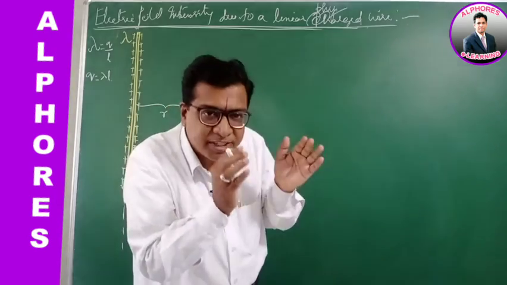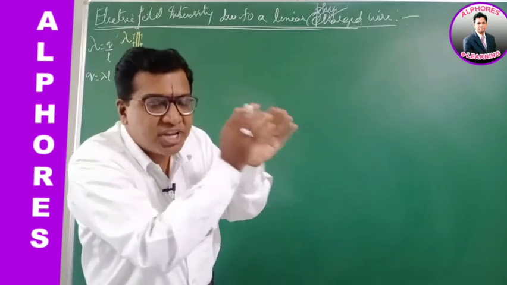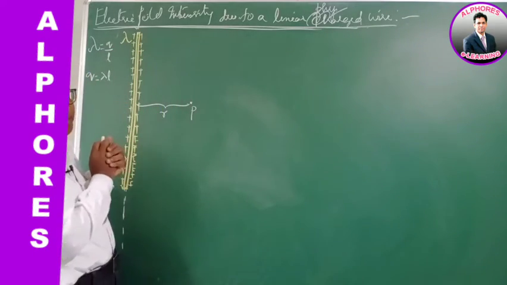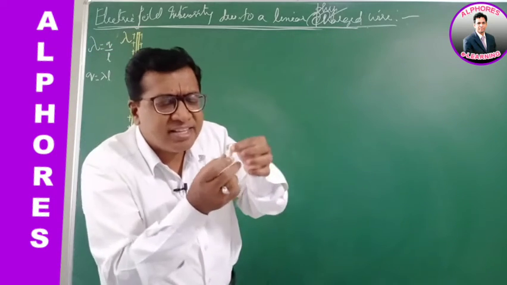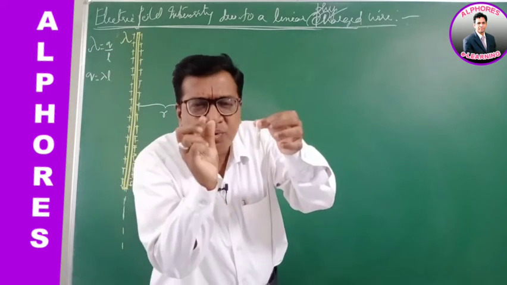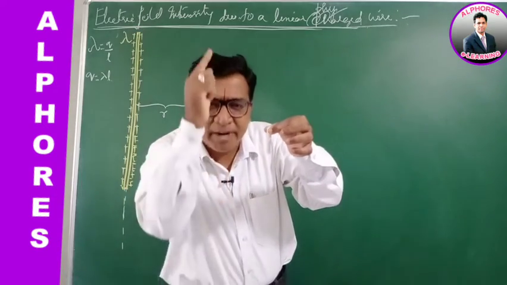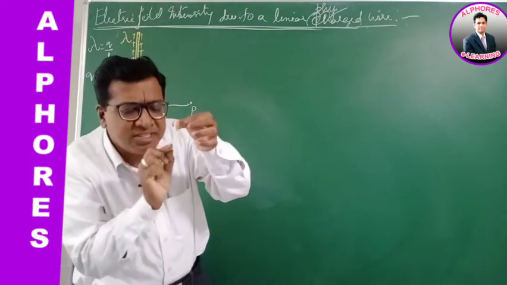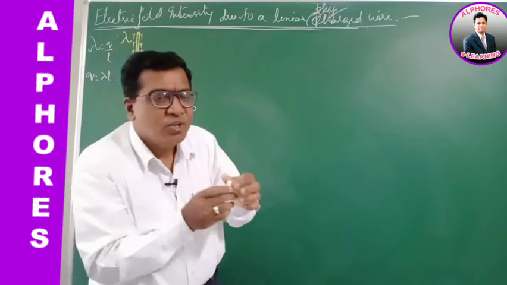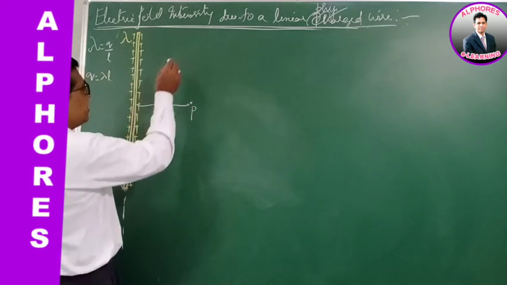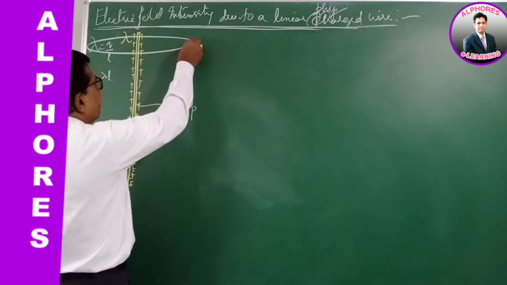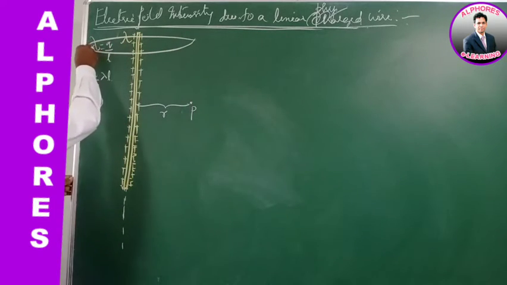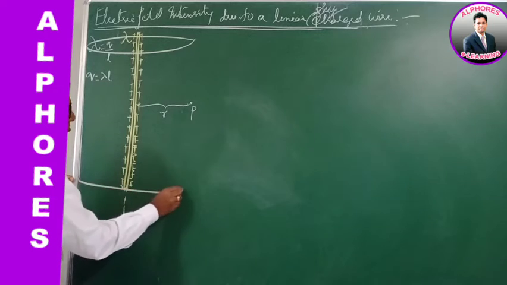The Gaussian surface should be symmetrical to the charge that is being distributed inside. So our charge now is a thin wire. A thin wire is like a thin cylinder whose radius is very small when compared to its length. So it is cylindrical, a thin cylinder. So we shall imagine a Gaussian surface which is also a cylinder, right? A cylindrical Gaussian surface around this